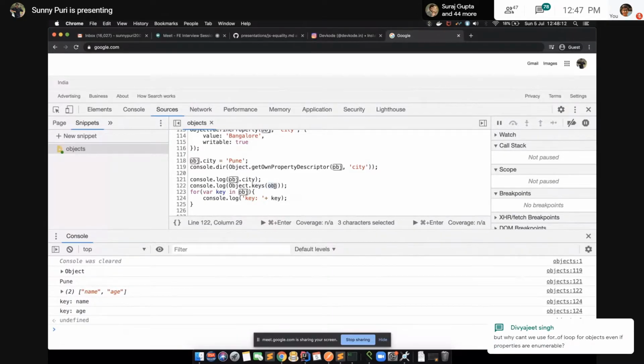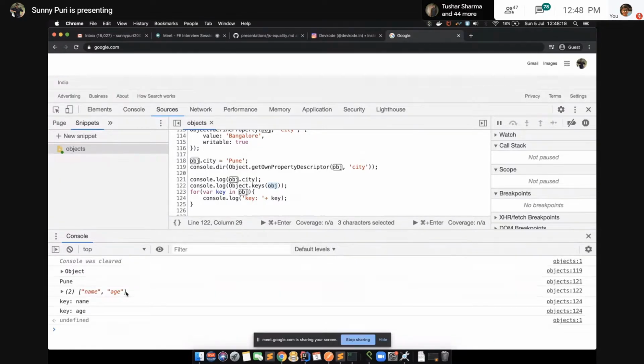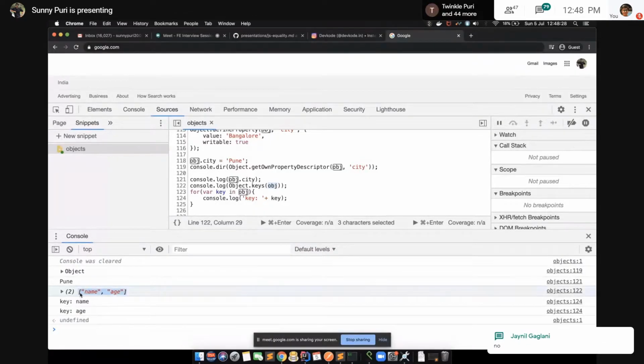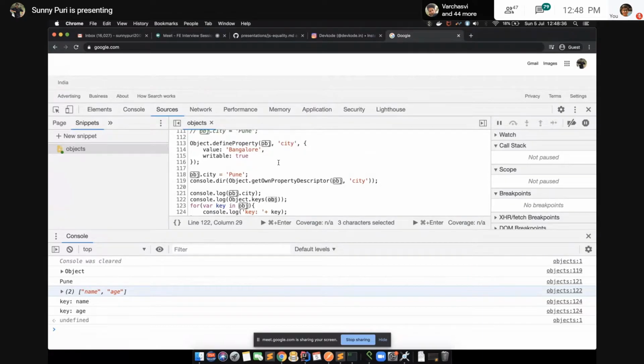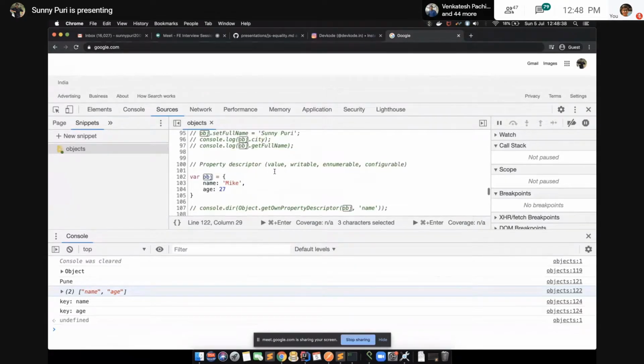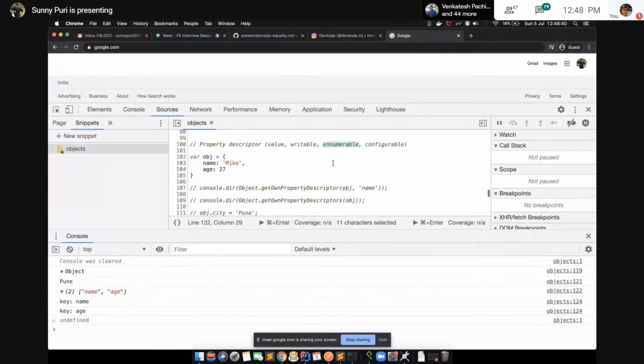So are we getting the keys in object.keys? One second, Devajit. So see, we are not getting it in object.keys. It will only give you the properties which are enumerable. So these enumerable properties are responsible for giving the iteration.